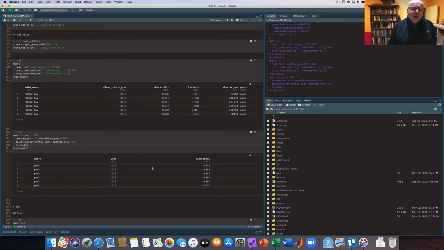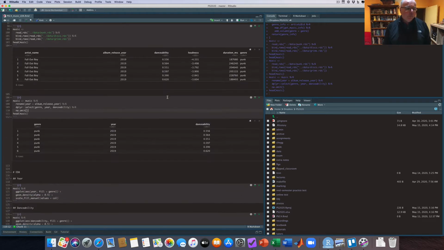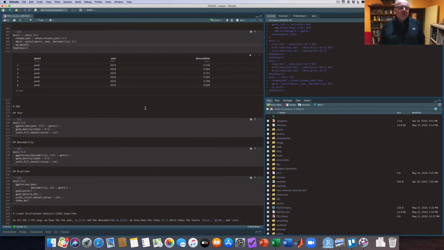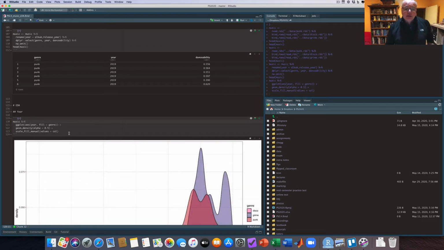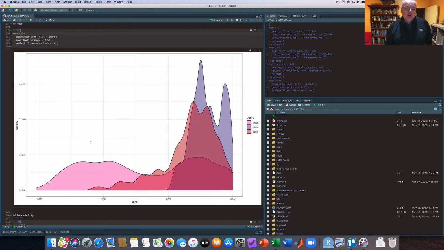First of all, when I played around with this before, I found that the best predictors of genre were year and danceability. I've kept the genre, got rid of the artist name, and recleaned the year, so now it's just called year as opposed to album, and we've got danceability. So the thing we're going to do is a little bit of EDA, or exploratory data analysis. The first thing I wanted to look at is how our genres look over